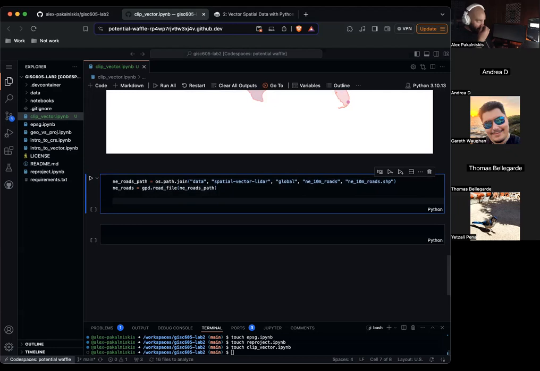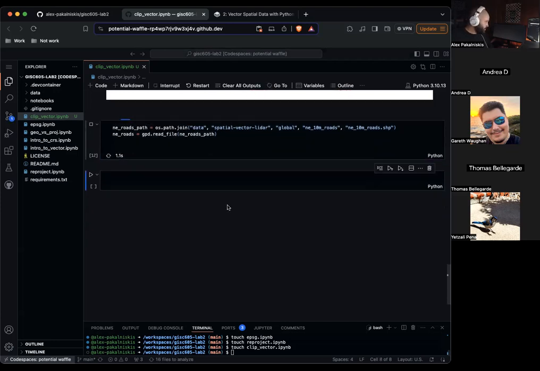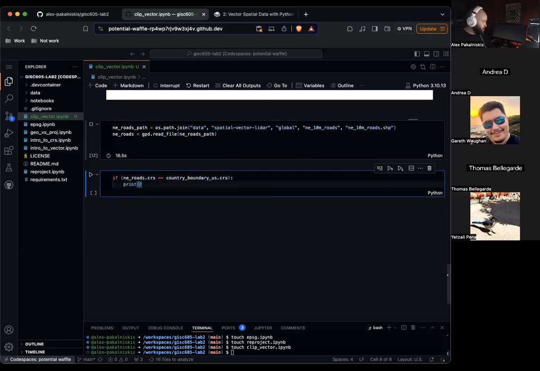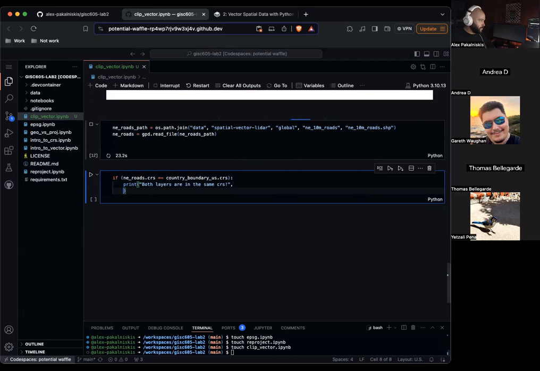But similarly, now let's check if our roads and country boundary layer are in the same CRS. So we can do that like this. If any roads dot crs equals, both layers are in the same CRS, else.